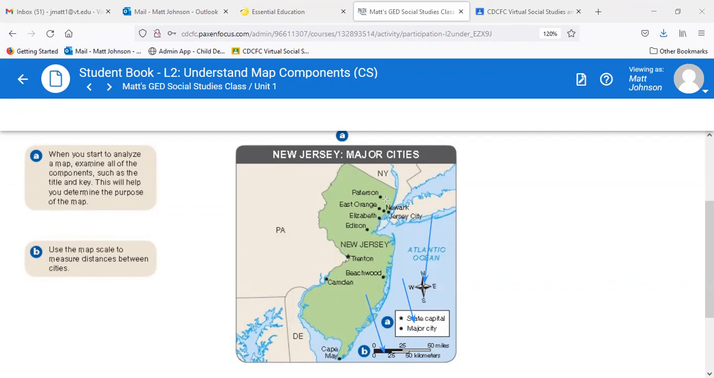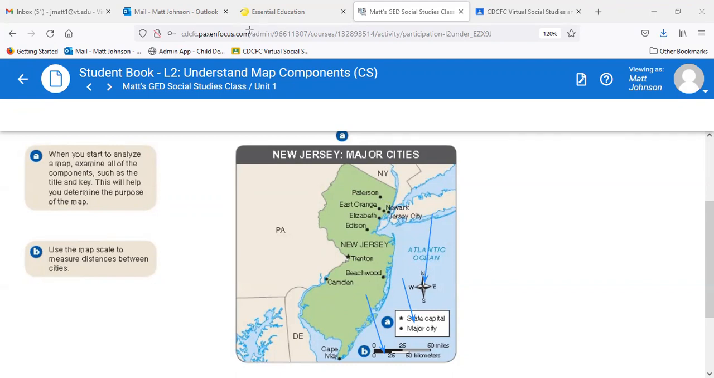And then over in our text boxes, it says, when you start to analyze a map, examine all of the components, such as the title and key. This will help you determine the purpose of the map. It's the same thing we were talking about in language arts yesterday, right? With the title. You read the title, you find out what's going on. Same thing with maps. They're all going to have